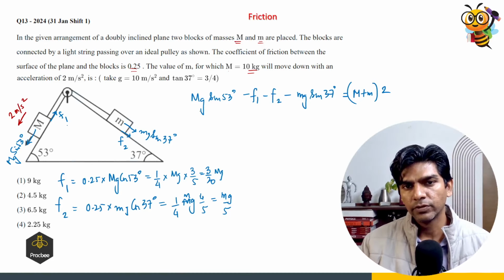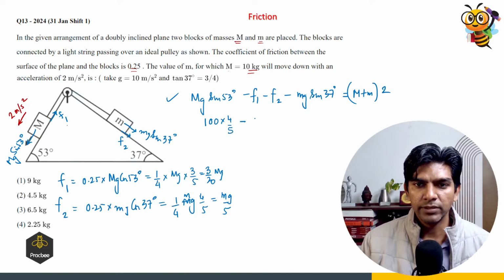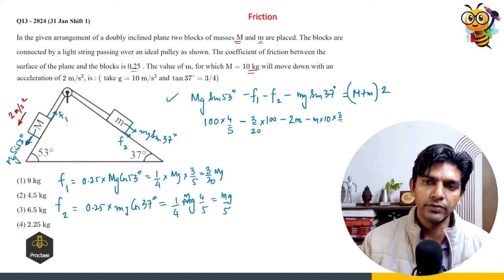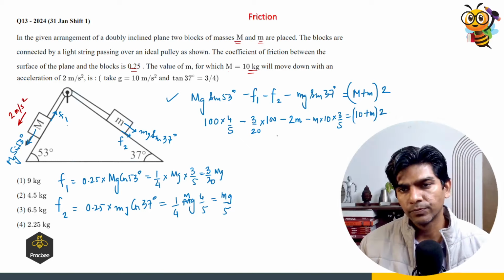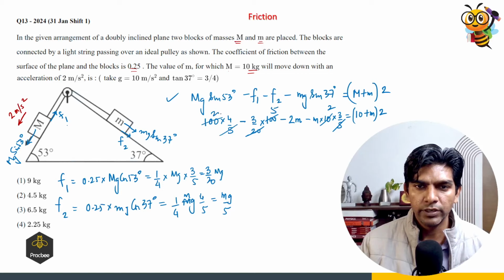Let us substitute the value. Capital M is given. So in this equation, capital M is 10. G, we have to take 10. So this will become 100. Sine 53 is 4 by 5. F1 is 3 by 20 times capital Mg. Capital Mg is 100. Minus F2 is small mg, so that will be 2 times small m because g is 10. Minus m times 10, sine 37 is 3 by 5. Capital M is 10, small m we have to calculate, times 2. So let us simplify this. So this will give us 2, this will give us 5, this will give us 20. So we will get